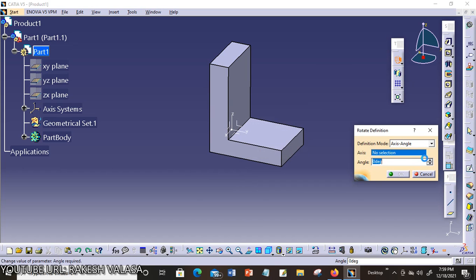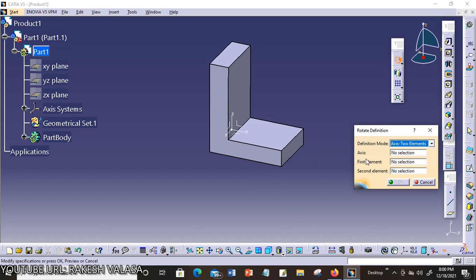Let us see the second one. Now you can choose the second option by using the definition mode drop down arrow. The second one is axis two elements. Now the sub options are changed.